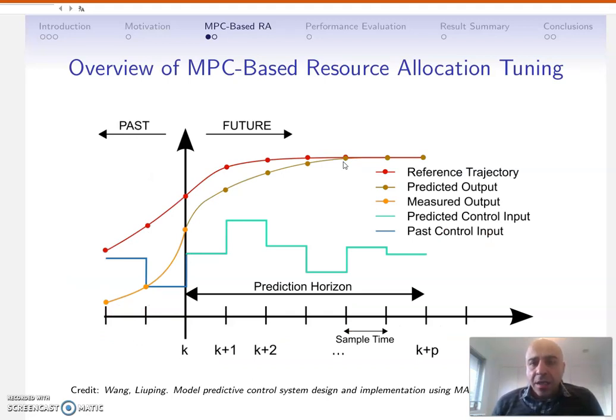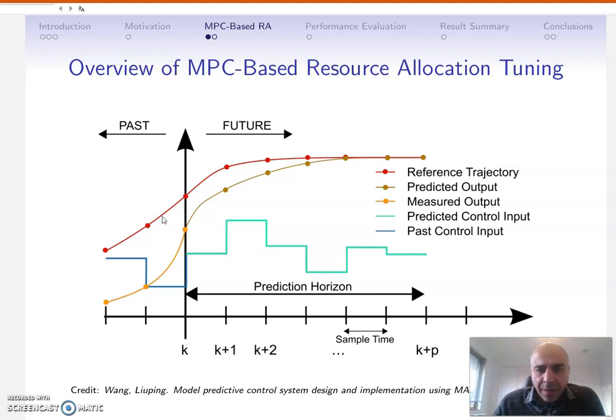In this approach we choose MPC, which is very famous in other engineering disciplines. It tries to look at the past, the history of what happens in your system. You define a target for your system. For example, in our case, the target can be the response time for every application. And then the MPC, the controller,